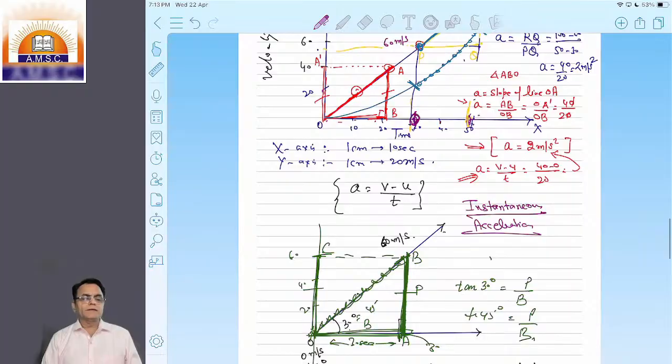तो लिखो इसके बारे में. In velocity time graph, note it down. In velocity time graph, which